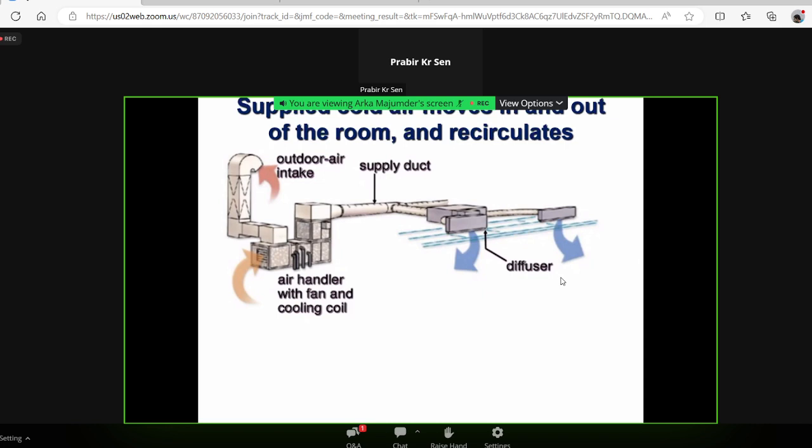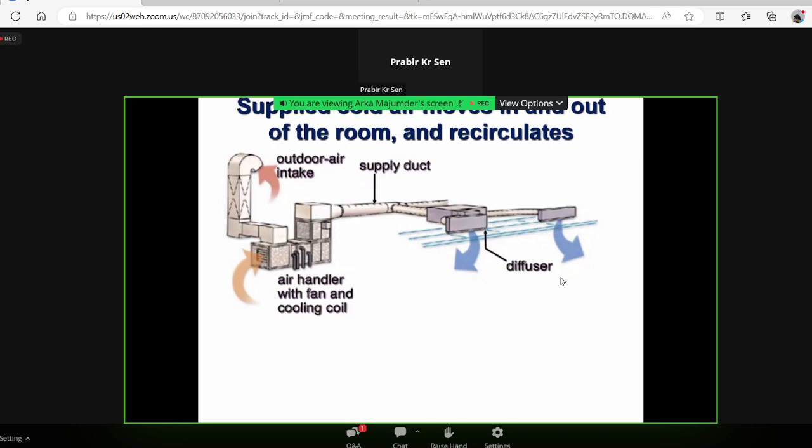Why outdoor air? Because the room will have occupants. They need some oxygen for breathing. If we don't give outside air continuously, after some time there will be a shortage of oxygen and the people will start feeling uncomfortable. So we need some outdoor air continuously. Not only that,